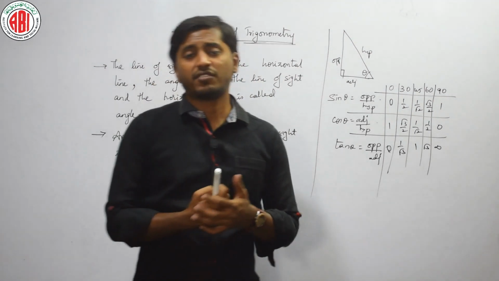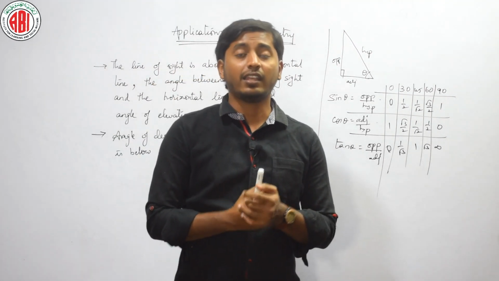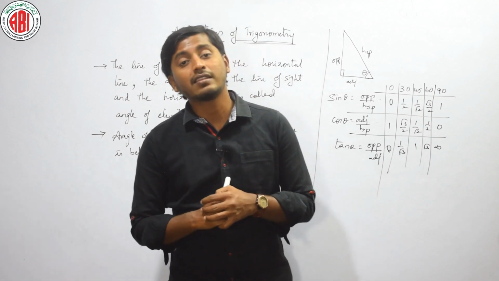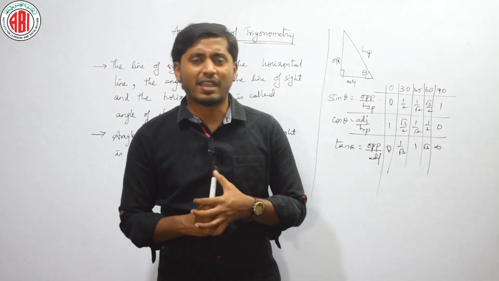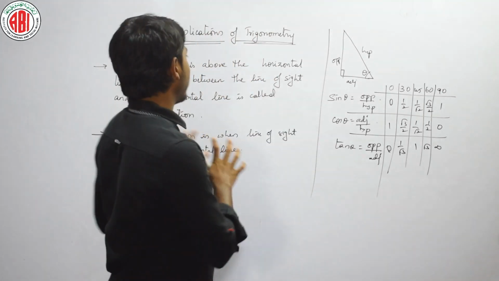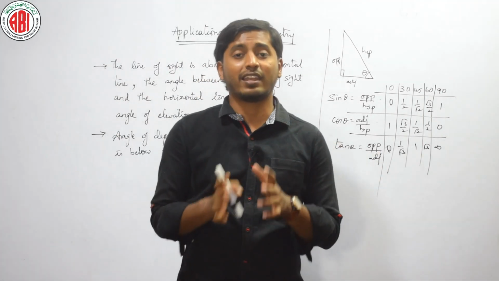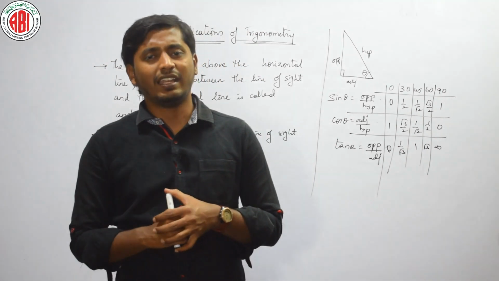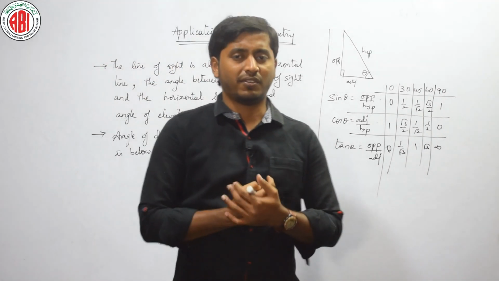What is the main application we are going to study in this trigonometry, right? The main application we are going to study is heights and distances. This can actually be treated as a separate chapter or separate subject, but the name itself is applications of trigonometry, though usually we call it heights and distances. Why is it heights and distances? What is it that we will calculate?